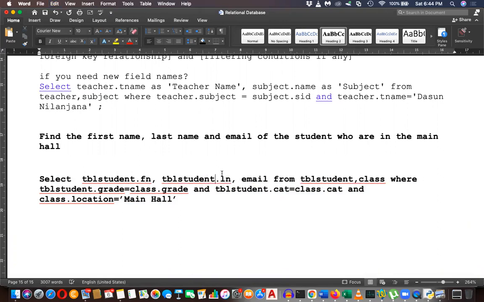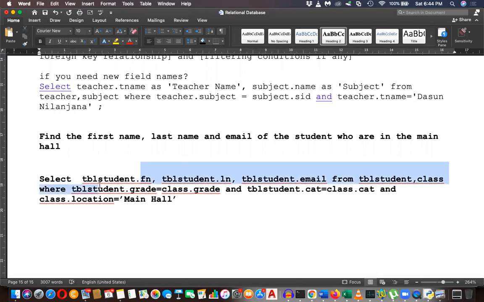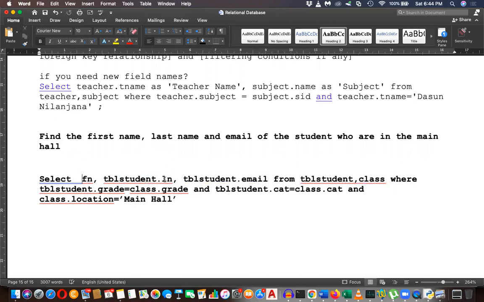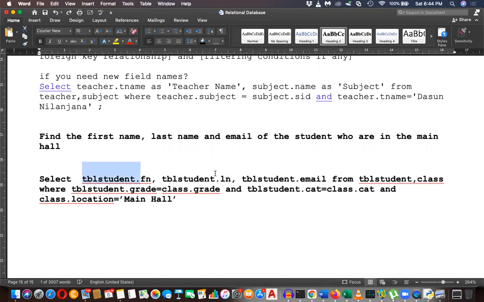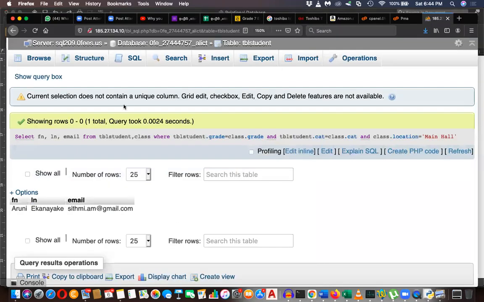This is really great. If I can use it like this, it will be really great because I have exactly mentioned which table to refer. But even if you skip this, since it is unique for that table, even if I skip this, I still get the answer. So these are the possible ways. This is another possible way to do the same. Let's go to the SQL and edit it.